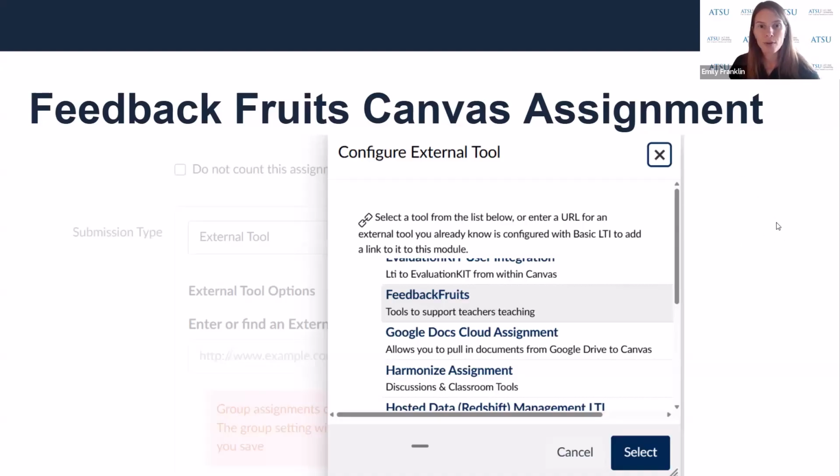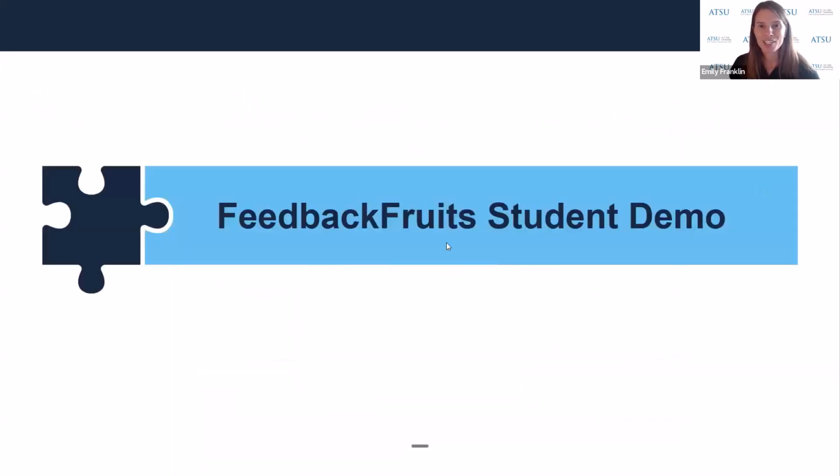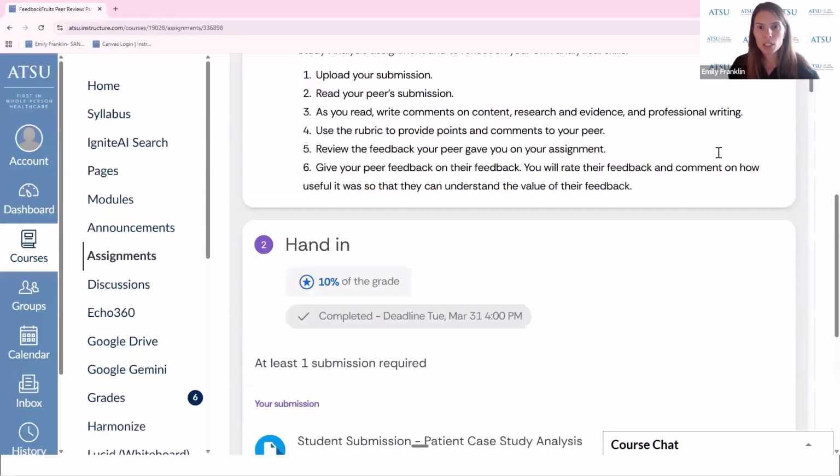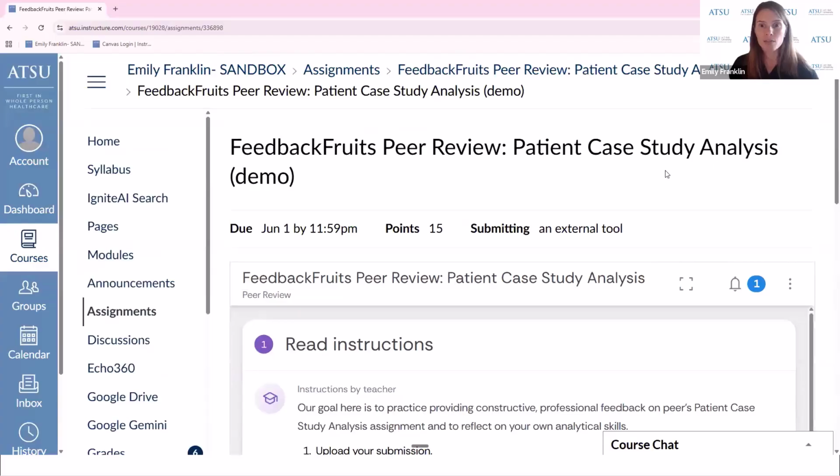So let's see what Feedback Fruits looks like in action. I'm going to give you a demo from the student perspective again, so you can see how the students would experience it and how that might work in your course. So I'm going to share with you my Canvas course, or I'm in a Canvas course and I'm a student in this course. So this is the student perspective, and you can see here I'm in assignments, just like any